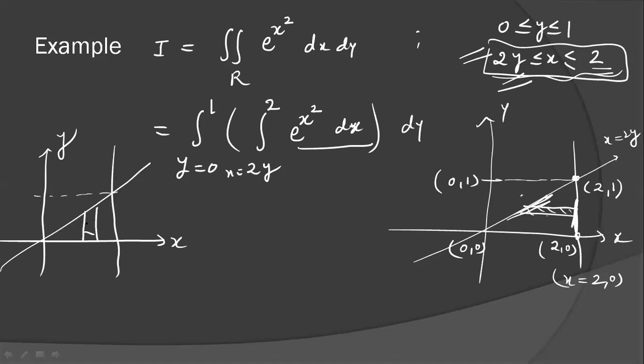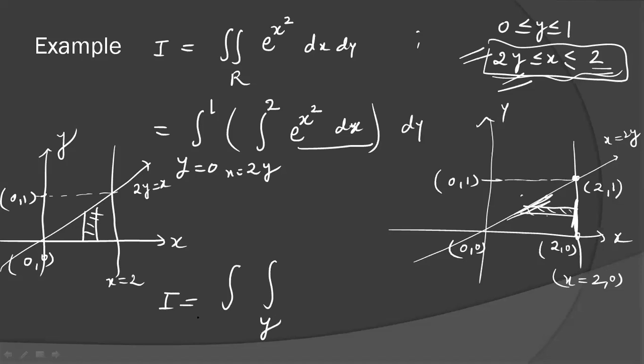Now draw the strip parallel to the y-axis here. Here 2y equal to x, and this is 0 comma 0, and this is 0 comma 1. If we draw the strip parallel to the y-axis, it means y will be in the form of a variable limit and x will be the constant. What is the constant limit of x here? X is from 0 to 2. What is y? See the tail. Y equal to 0 here. And what is the head? 2y equal to x. It means y equal to x by 2.